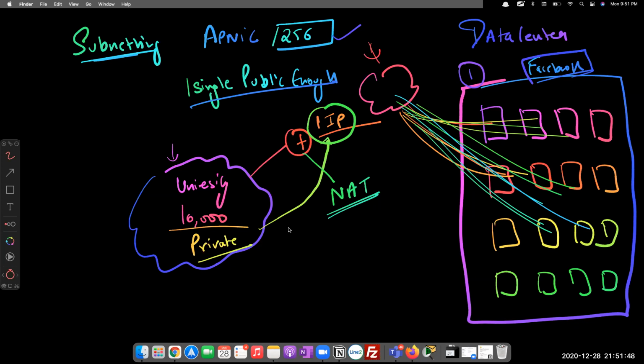See, for accessing the internet, you can access the internet with one IP also. But if anybody wants to enter into your premises, or they want to access your servers, then you need public pools. Okay, got it? That is where we need public IPs. A lot of public IPs are needed when you are a big company. Okay, so we got a public pool.